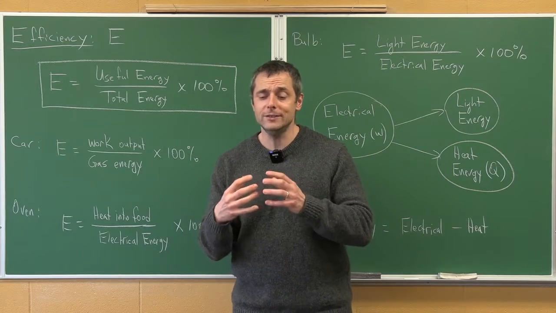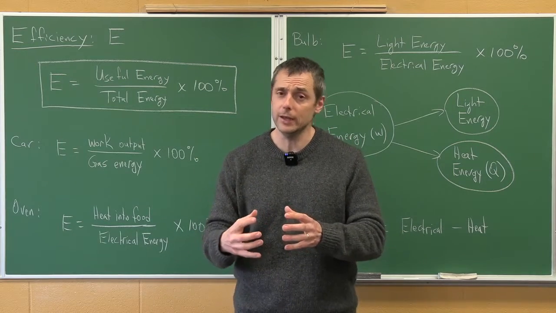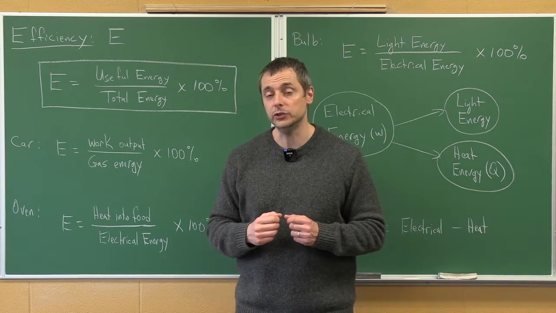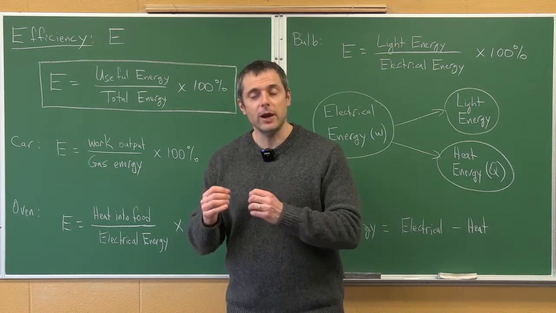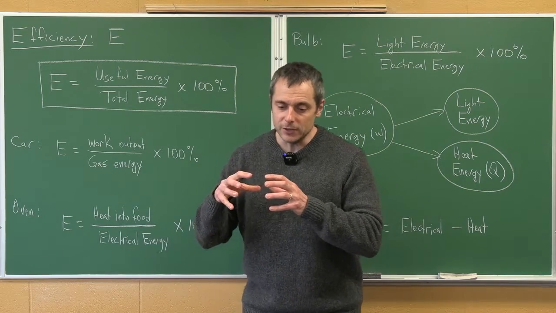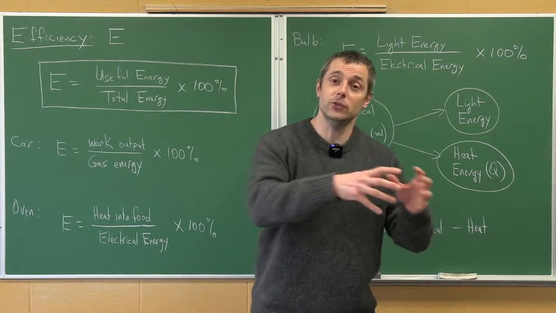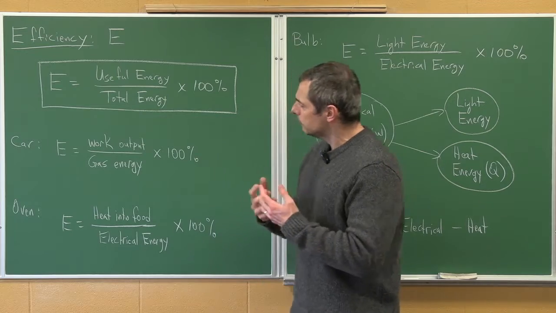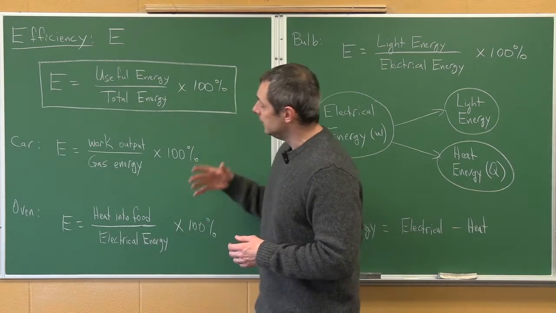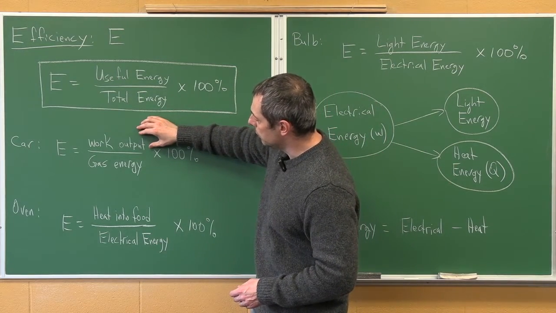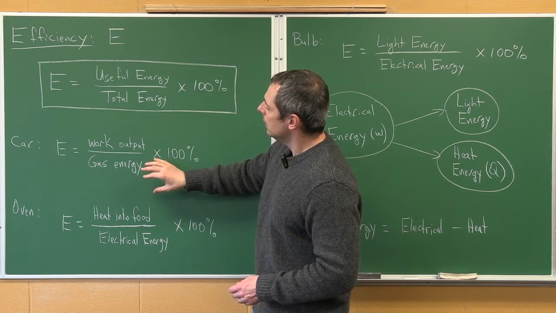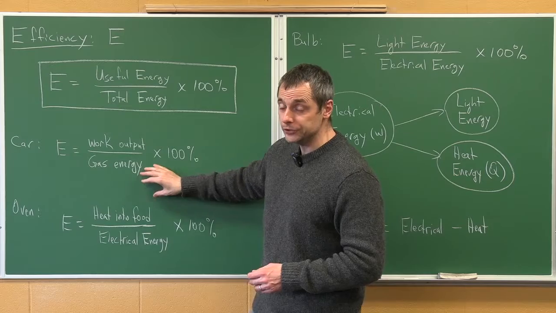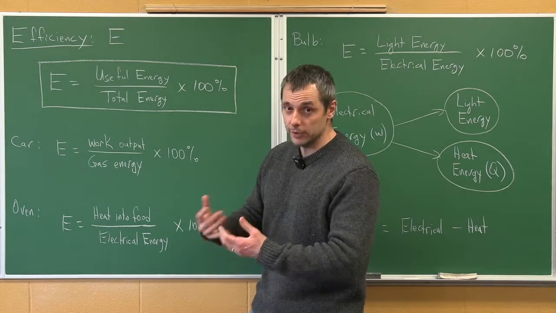That means it's only taking 20% of what you're putting in and giving you what you want out of the machine. Something that's 99% efficient, that's a good grade, because 99% of the energy you put into the device, it gives you as what you want. Like for example, the car I mentioned, the efficiency would be the work output driving you down the road to your destination divided by the gas energy that you put into the tank or that it burned in the process